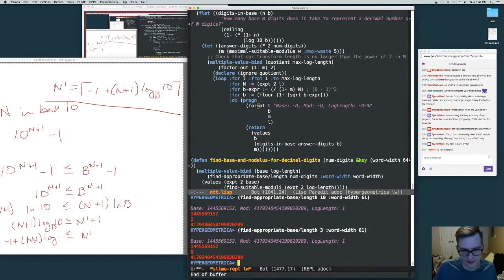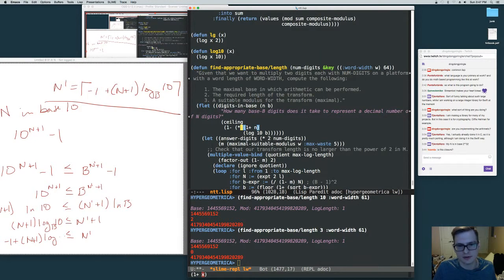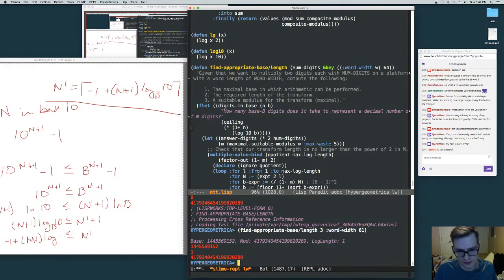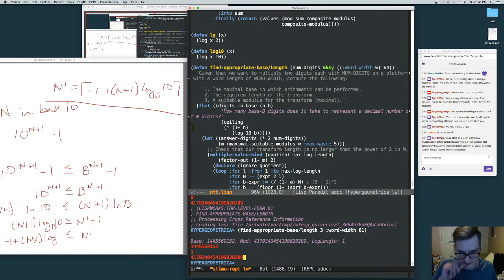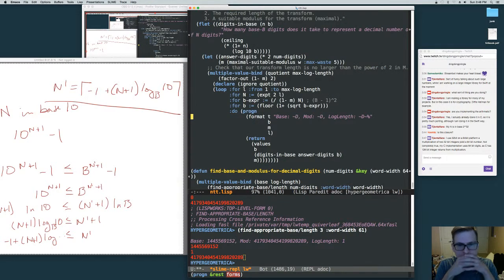That's clearly wrong. We need at least one term, so maybe I should say not this 1 minus right here. We need one term whose base is this huge number, and then whose modulus is this. So actually here we could probably choose a larger base, a larger factor of 2. But it doesn't do that. Let's see, on 32,